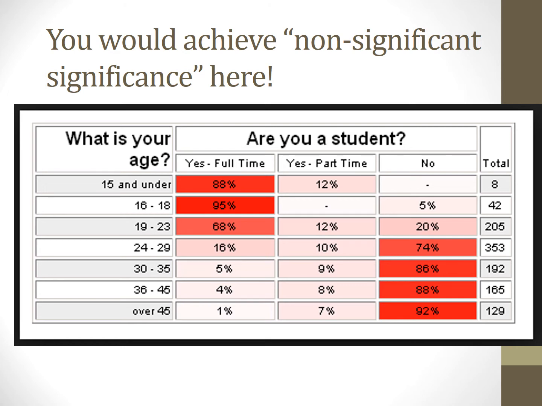Now here's an example of a table where, again, it's from that same survey, we've got these 15 and unders, where those 8 people are all students, so no one's in that square. In the 16 and 18, no one is a part-time student, so no one's in that cell, and so on. So because of that, you're going to get significant